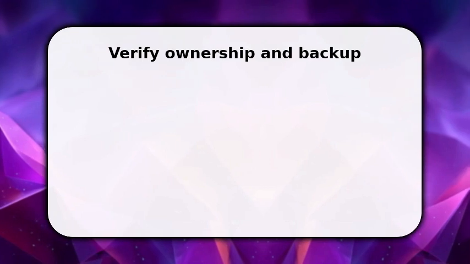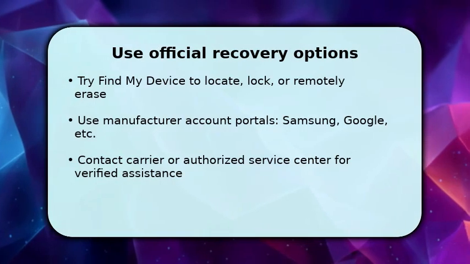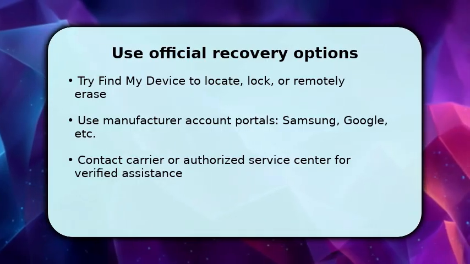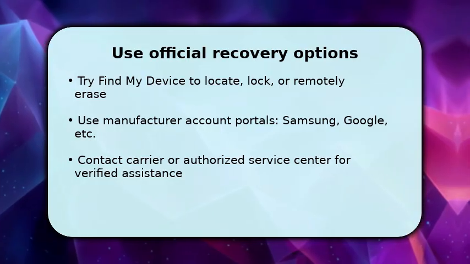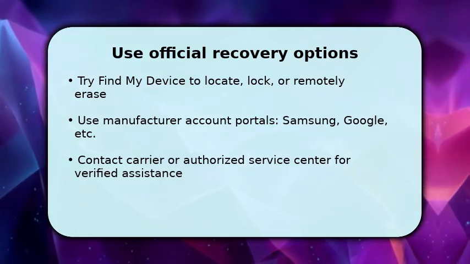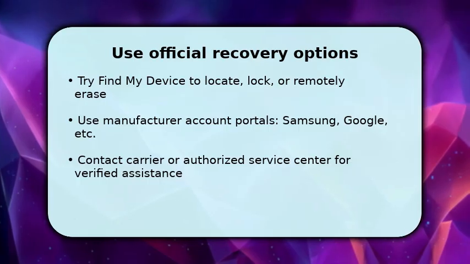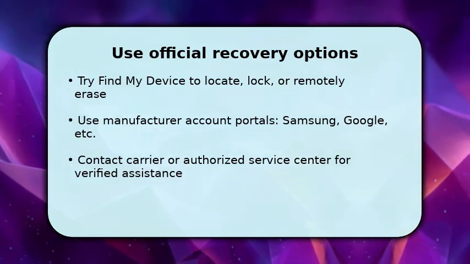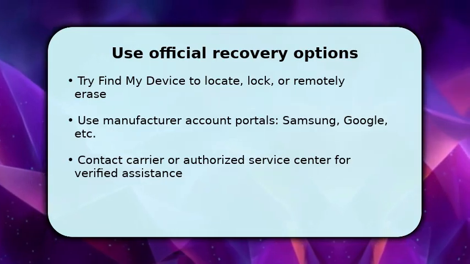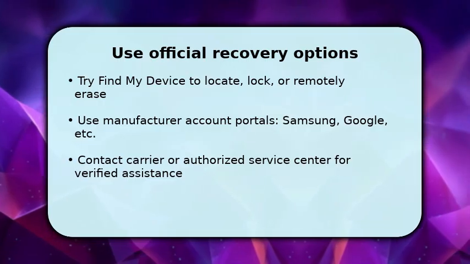You should use the vendor and Google-provided recovery tools rather than any third-party bypass. For example, Find My Device lets you locate, lock, or erase a phone tied to your Google account. This preserves security and follows legal procedures. Similarly, log into manufacturer portals like Samsung Find My Mobile if available. If account recovery fails, contact your carrier or an authorized service center with ownership proof so they can guide a